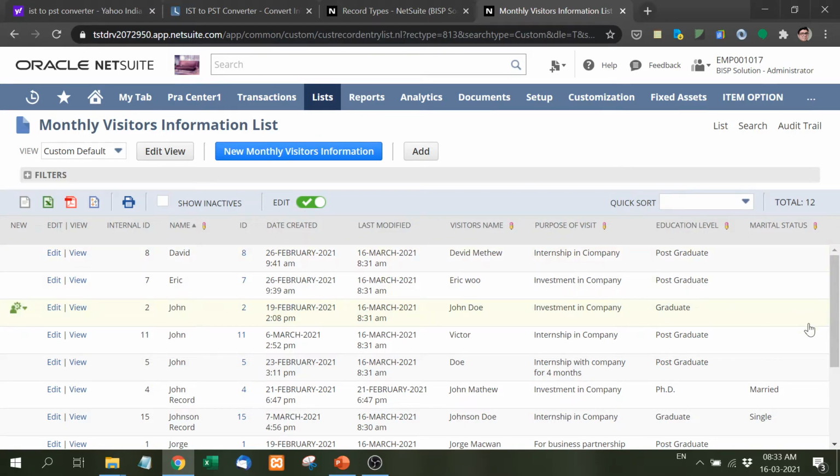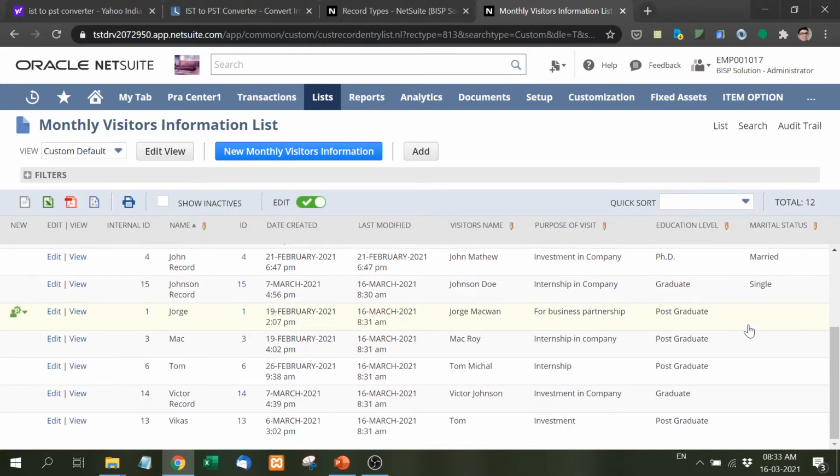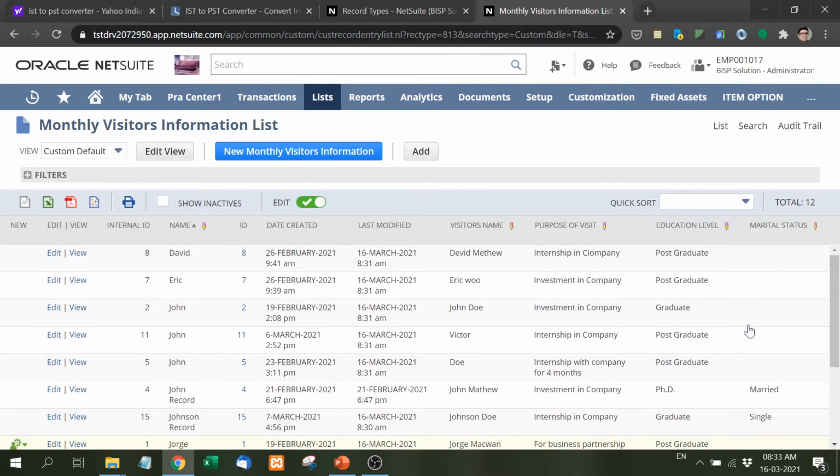Now if you see here, most of the marital status value is empty, you can see. Now instead of changing that value one by one, I want to update all these values in one attempt. I want to put a general value, that is single. I want to put single value in every record, right? So what I will do,